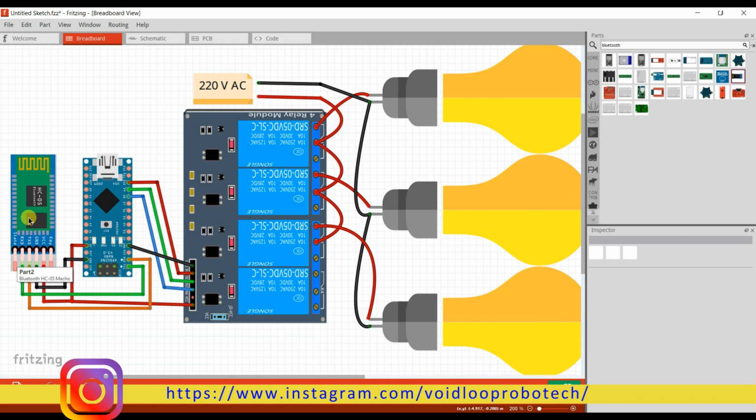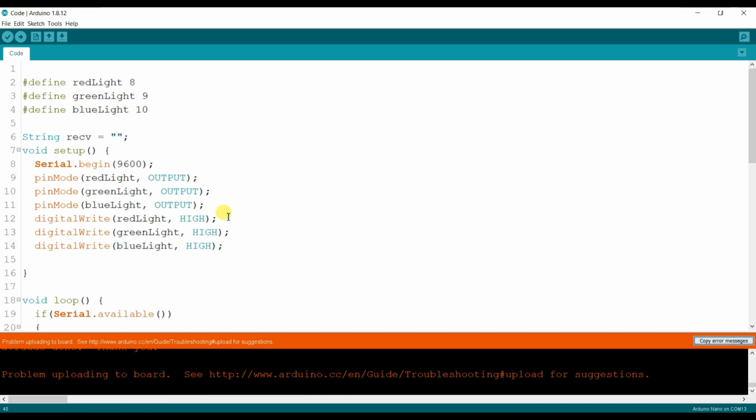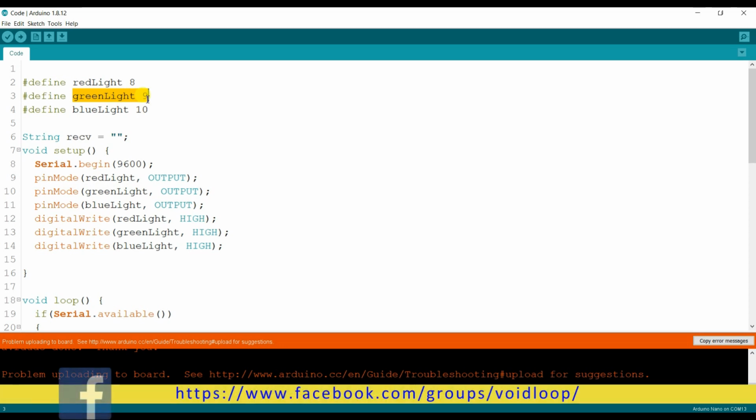Okay, now we will go to Arduino programming. I have already created the Arduino program, so you can see here the red light is connected on pin 8, the green light signal pin is connected to pin 9, and the blue light to pin 10.